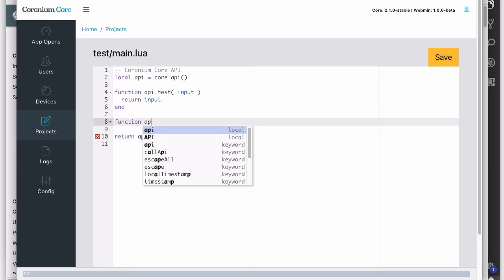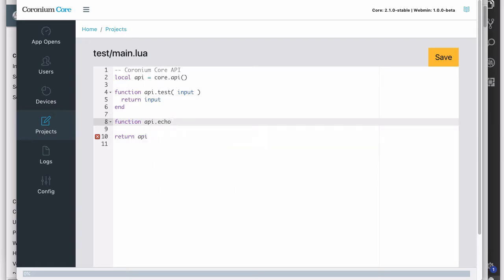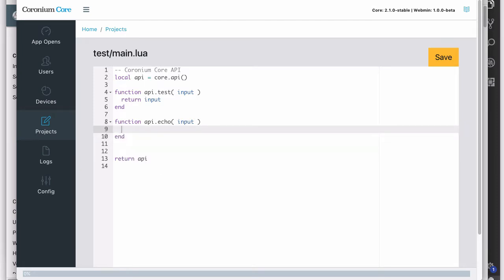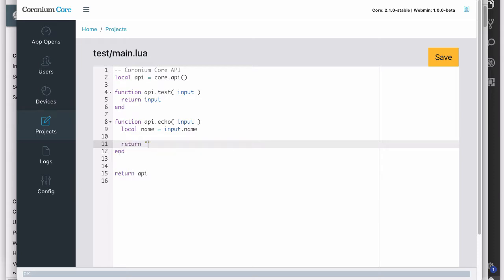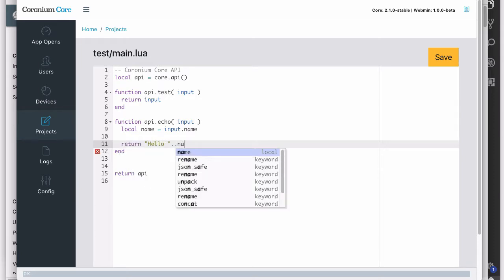Just do an echo function, do API echo, and then input, and we'll end that. We'll take a name in here from our input, .name, and then we'll return something like hello name,